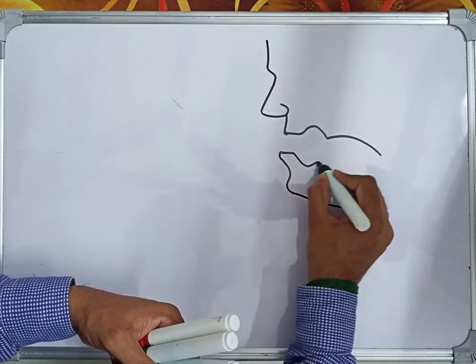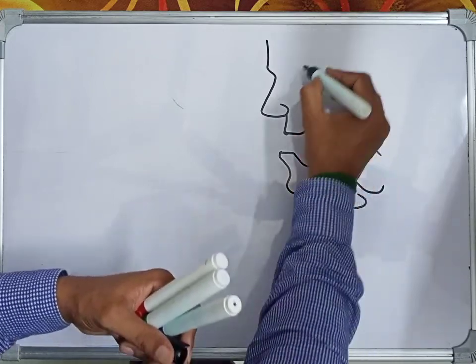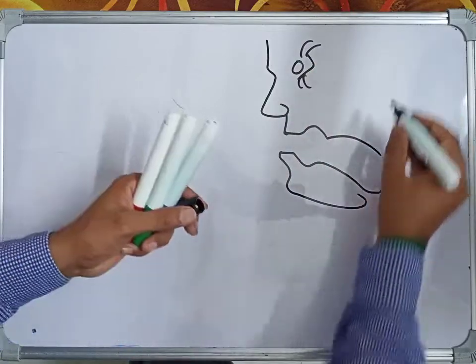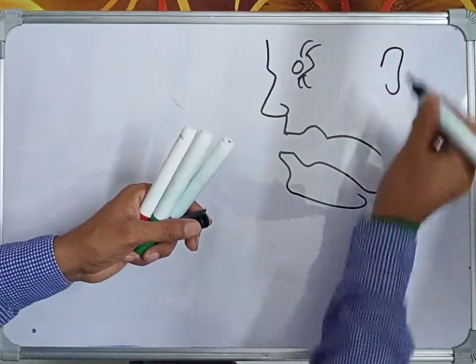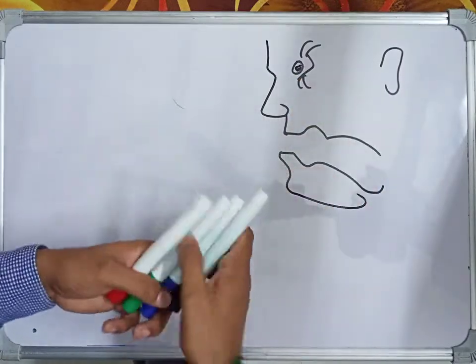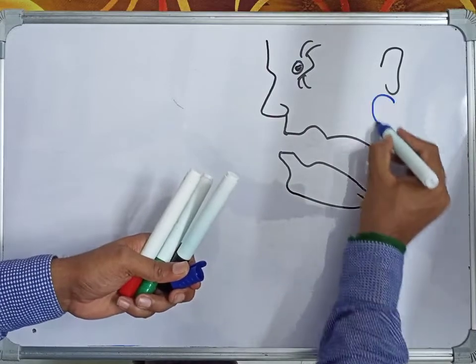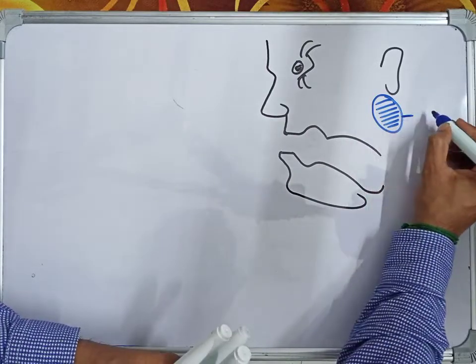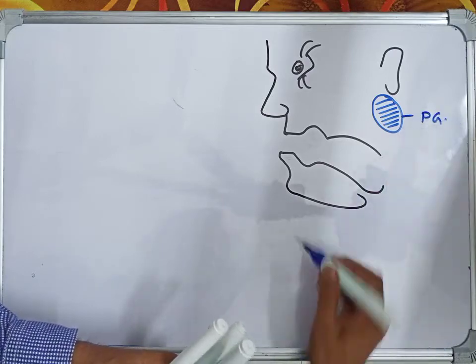And that is the eye, and there is your hearing organ, the ear. And below the ear there is the first pair of salivary glands, that is called your parotid gland,